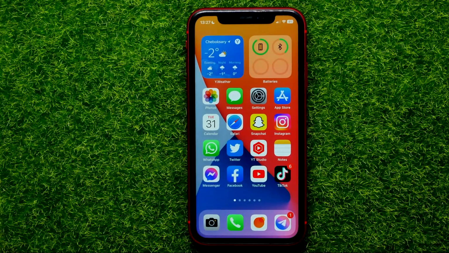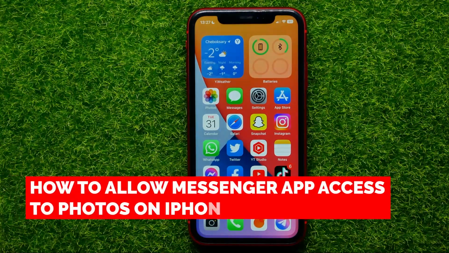Hello guys, welcome back. In this video I'm going to show you how you can easily allow Messenger app access